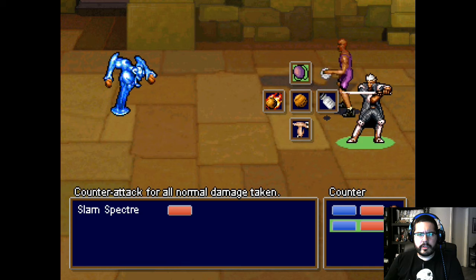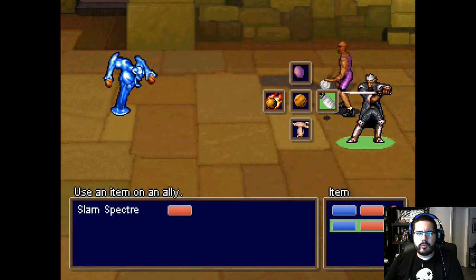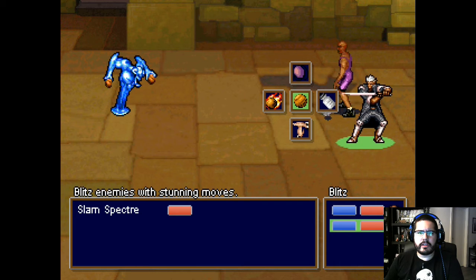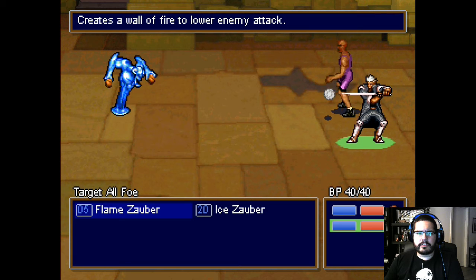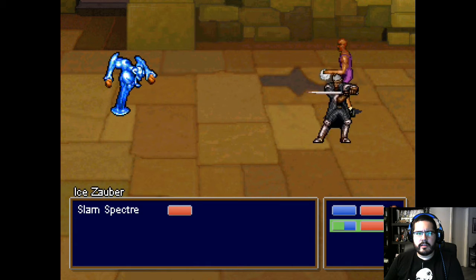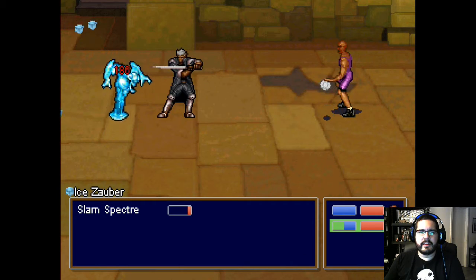Counterattack for all normal damage taken. Alright, so that's counterattack, run, items. Zauber is like magic. And then there's standard attacks. Let's go with Zauber. And this guy looks like he's made out of water, but let's just try ice. I think he just looks like that because he's a ghost, but...